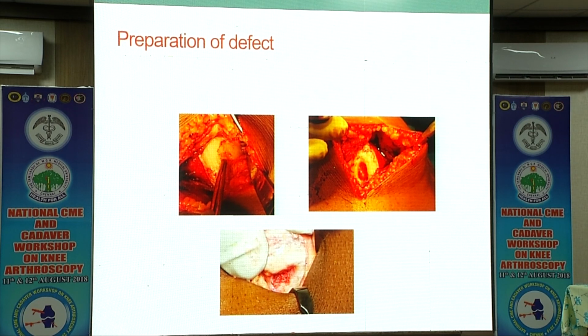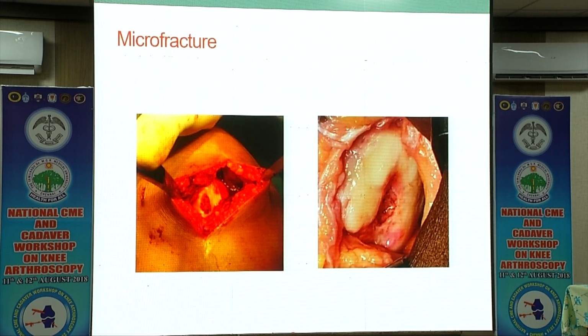We have a few cases from our personal experience. These are two pictures. One is the femoral condyle of a 54-year-old lady who didn't have any malalignment. It's a focal cartilage defect. And the bottom one is the patellar defect following a patellar dislocation in a young gentleman. The defects are prepared to a stable margin, and microfracture has been done. And I have done this with a mini arthrotomy technique.